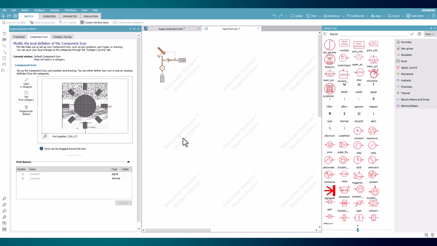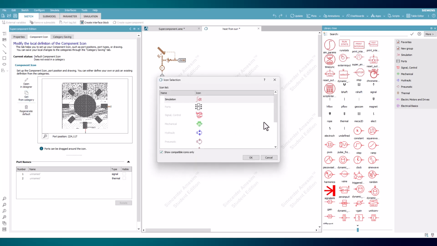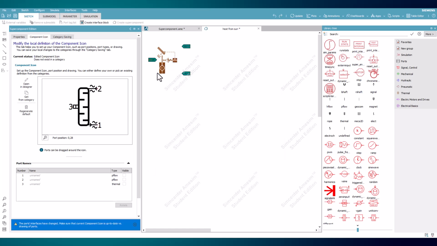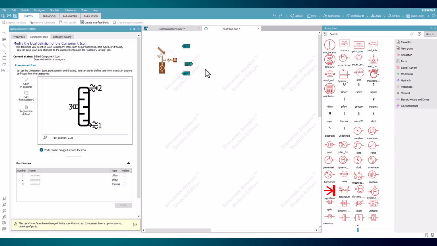The next option in the Component Icon tab is to get from a category. Once selected, a pop-up window appears, showing all the libraries available. From here, the user can select icons from these libraries that have ports that match the supercomponent. Unselecting the option below to show compatible components will display all component icons to be able to be selected from. But if choosing one that does not have the same ports, the sketch for the supercomponent must be adjusted to match the ports. A reset option is available here as well, that restores the default icon, but if ports changed due to selecting an incompatible icon, they will remain.